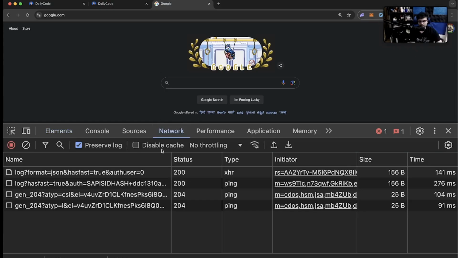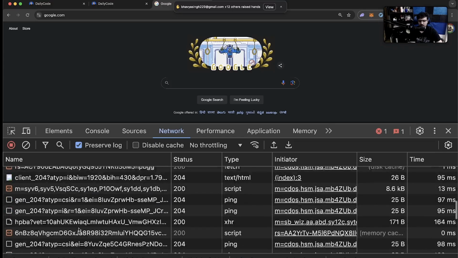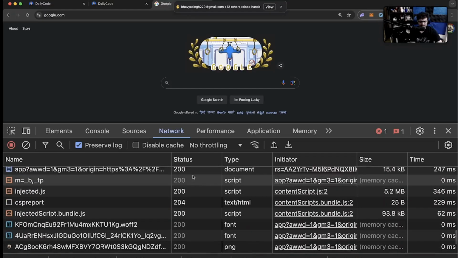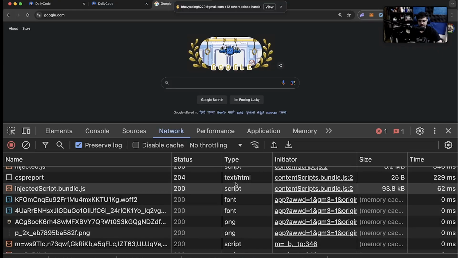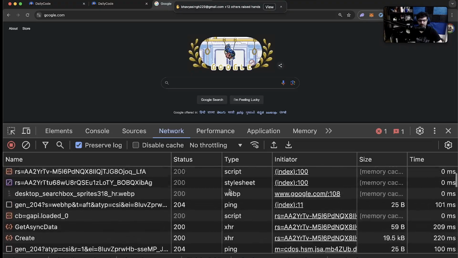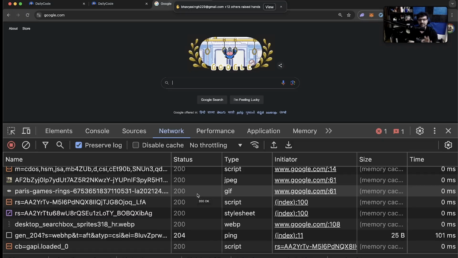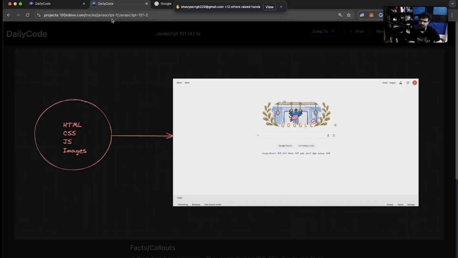If you open the network tab over here and refresh, you will see a bunch of files, some request is going out. If you inspect all of these requests, you will see it is either an image, PNG, or a script, some JavaScript, or some HTML. All the data that the backend returns to you is primarily HTML, CSS, and JavaScript. Sometimes it is JSON data, XML data, a bunch of other things. But to create any basic website, even a complex website, HTML, CSS, and JavaScript is all you need. Your browser only interprets these languages.